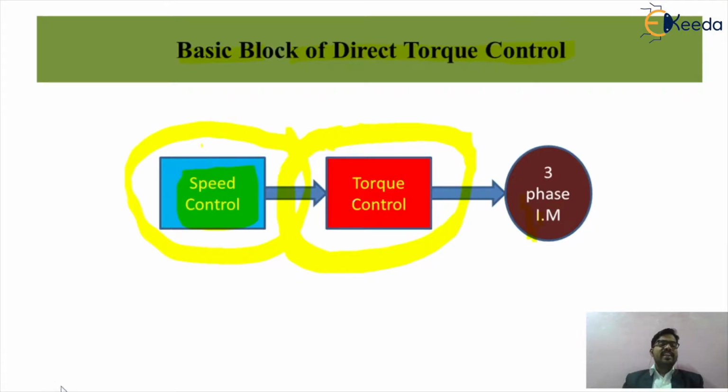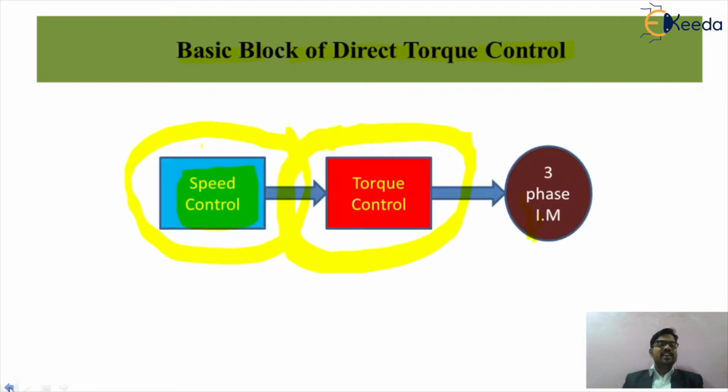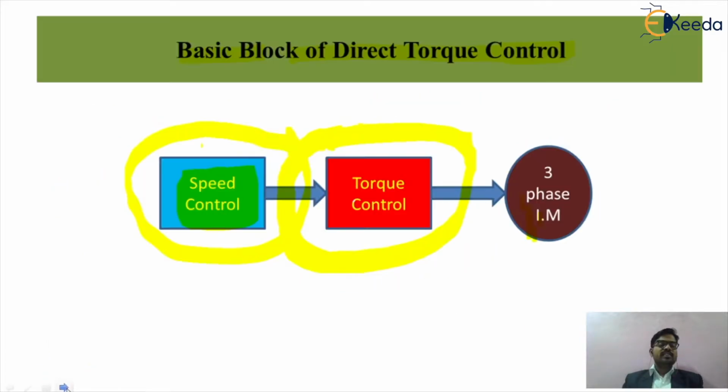Now we can understand the direct torque control in detail. As we know, in direct torque control, this method is basically used for the variable frequency drive to control the torque of a three-phase electric motor, because, as we discussed at the start, all these speed control techniques are associated with the VFD drive. For an induction motor we use the variable frequency drive, and by means of the direct torque control scheme we want to control the speed of the induction motor by means of the VFD drive. So in the VFD drive we are using the advanced control scheme, that is DTC, direct torque control. So friends, this will be the first thing.